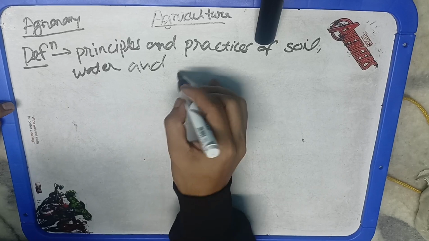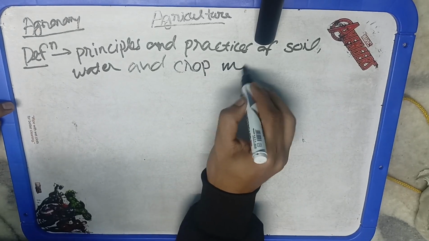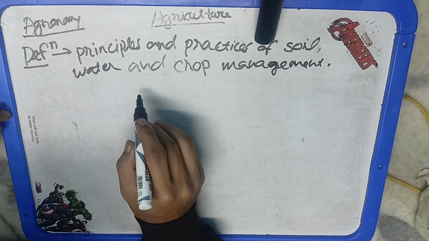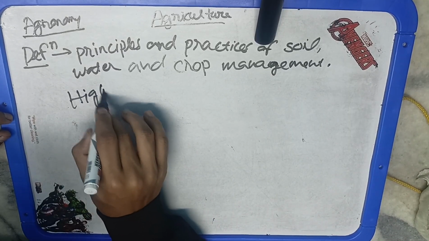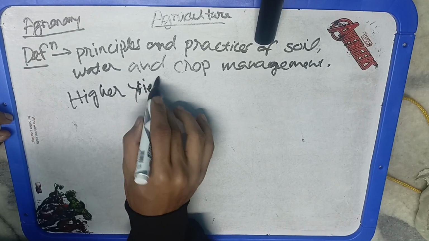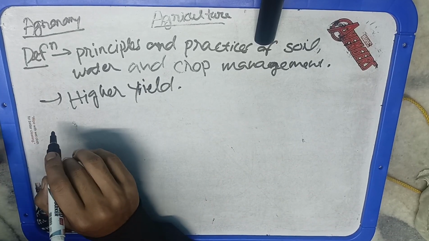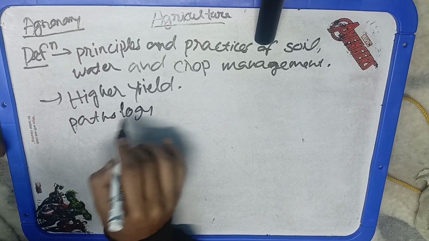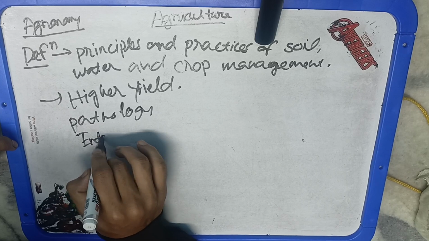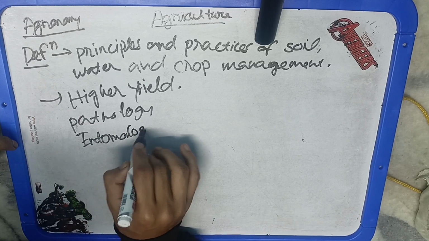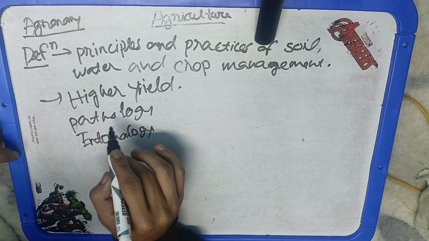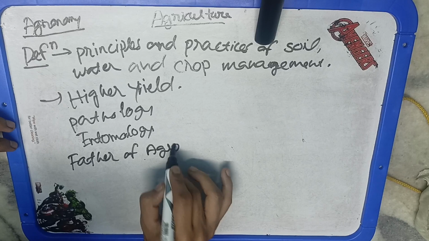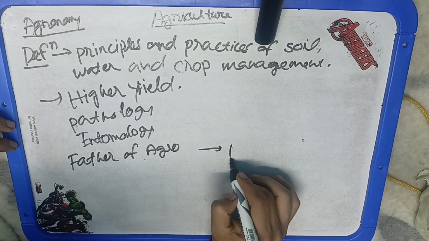Now, agronomy is the synthesis of several disciplines like soil and crop physiology, because everything is working for the crop, and in agronomy we are looking for higher yield, so everything is correlated. We have to reduce the insect population, we have to reduce disease incidence, we have to have good varieties, so we are using genetics and plant breeding. When we say we have to reduce diseases, we are studying plant pathology. When we say we have to check the insect population, we are studying entomology. So agronomy is a broad branch of agriculture which comprises the study of all the branches required. Soil physical, chemical and biological properties have to be understood thoroughly to affect the modification of soil environment. And the father of agronomy was Peter de Crescenzi. Okay, Peter de Crescenzi, the father of agronomy.